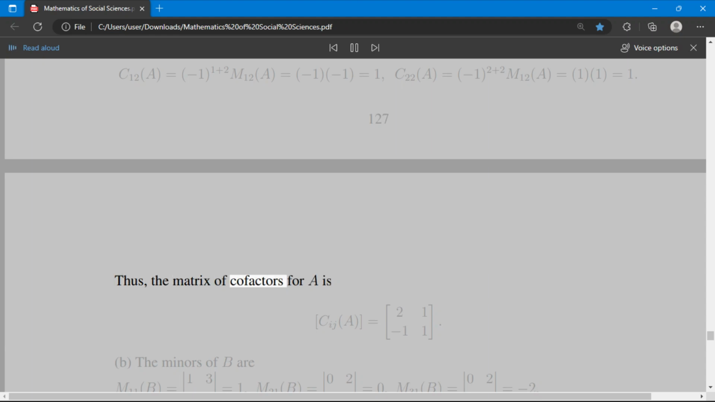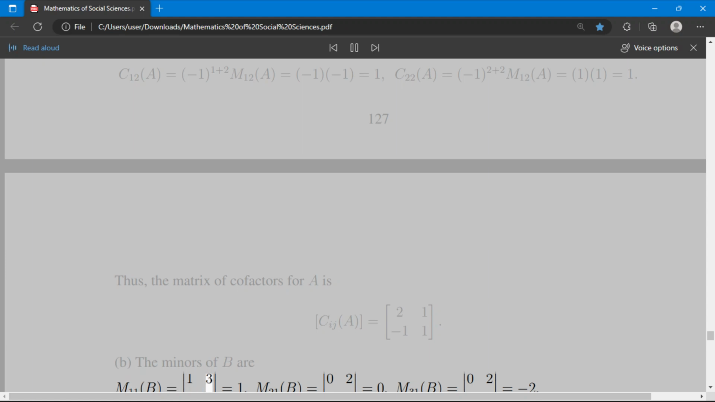Thus, the matrix of cofactors for A is Σ(A) = [2 -1; -1 1]. B. The minors of B are